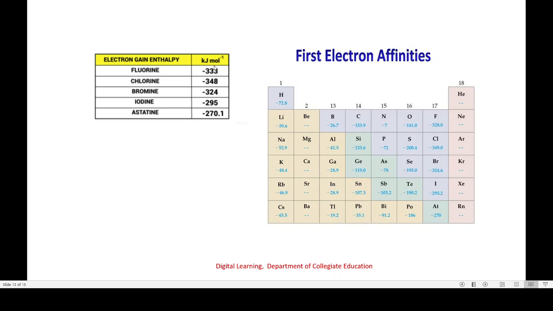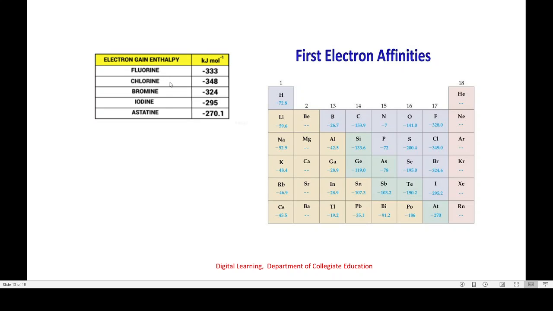When we look at the electron affinities of the halogens, they have very high electron affinity, and the reason is they have a strong tendency to gain an additional electron and acquire the stable ns2 np6 configuration, or the octet configuration. So when we compare the electron gain enthalpy among the halogens,